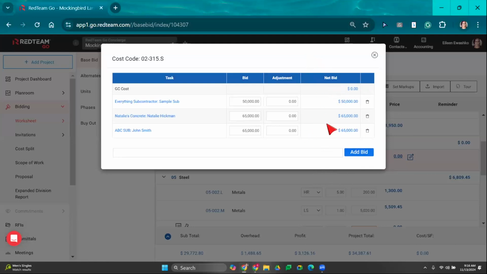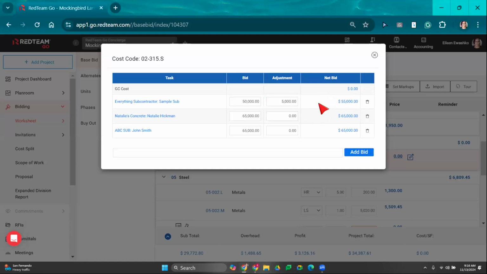But now viewing my list of bids, I can come over here and select the best price if I'd like. So if I want to go ahead and use Everything Subcontractor for this particular cost code, I'm just going to select this amount right here. Okay, that's going to change this $0 value to 50,000. Now, if I do want to increase that value for any reason, 50,000 is what I intend on paying my sub, but I want to present this to my customer as 55. I'll come over here and make a $5,000 adjustment. Okay, my owner will never see this. This is just me creating my bid estimate.